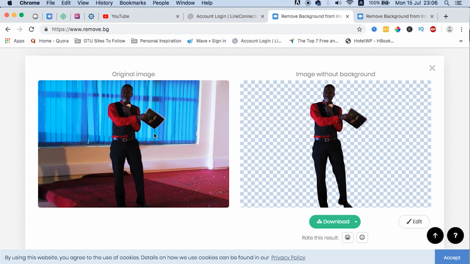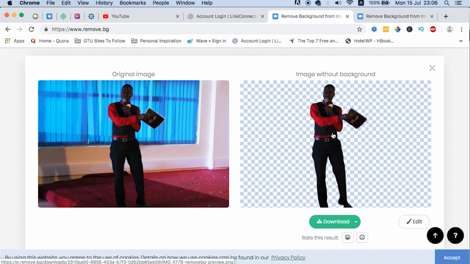I'm pretty impressed by this result because the software this website uses is AI based, and it majorly focuses on the background and the foreground, and it focuses on the foreground actually to do the background removals. I'm pretty impressed because the foreground of this picture is actually dark if you look at my face and all the way down, and the background is light. And I'm impressed by the fact that they could easily spot my body shape even when I was in the